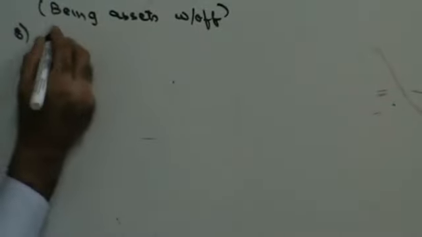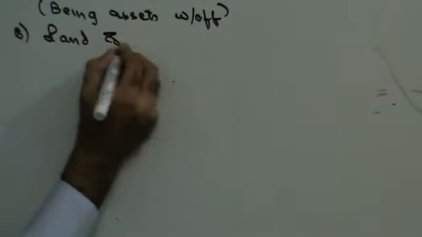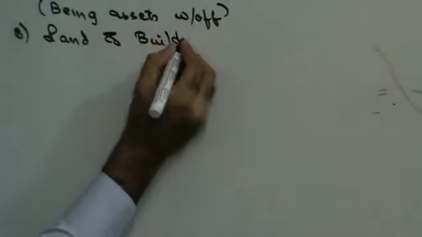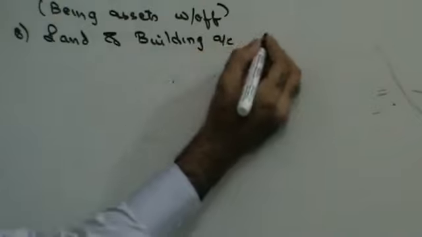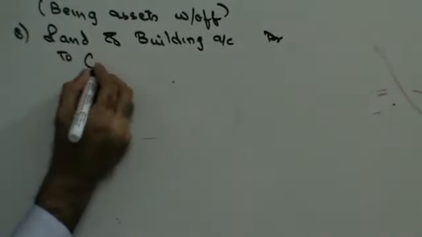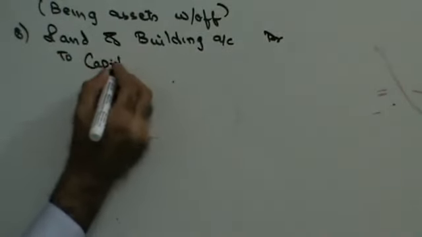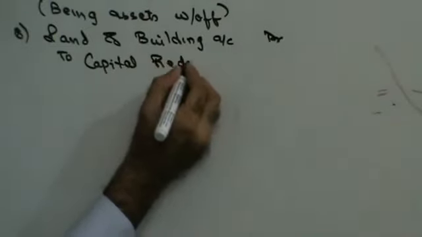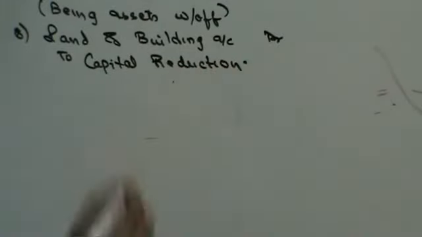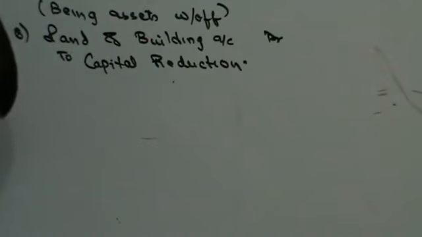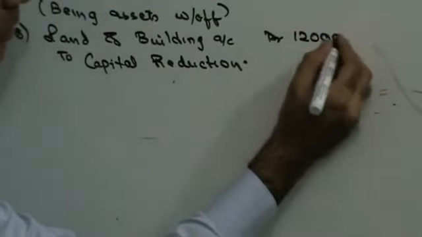So this will be land and building account debit to capital reduction. You are increasing the value from 1,08,000 to 1,20,000. That means you are increasing the value by 12,000,